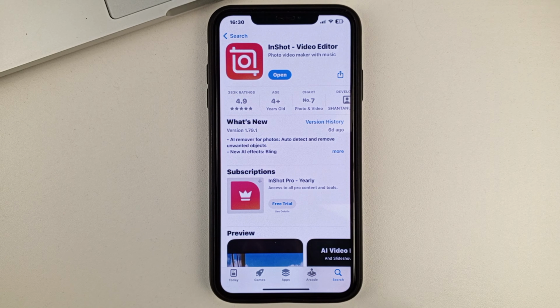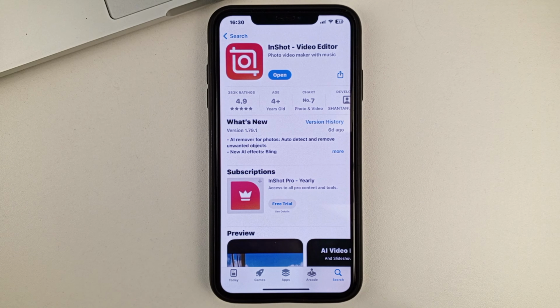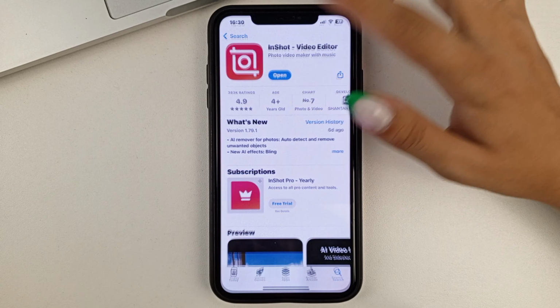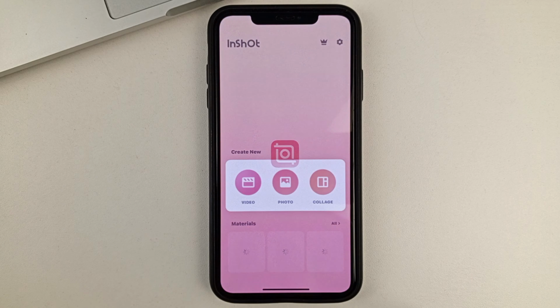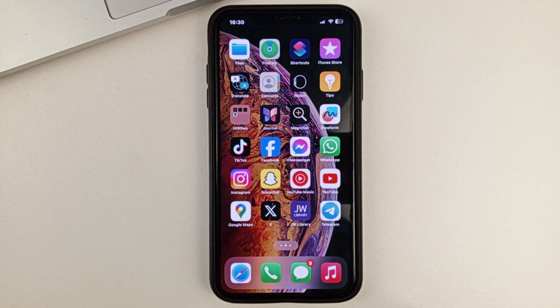And after the update process is over, you can, by the way, watch the update process, because here you will see the time, how much time is left until the end of the update. Once the process is over, you can easily click Open from the App Store itself, or you can open the app from your desktop screen.